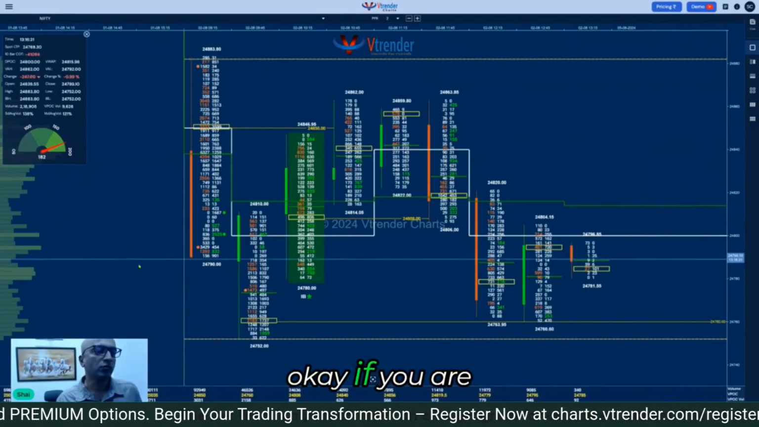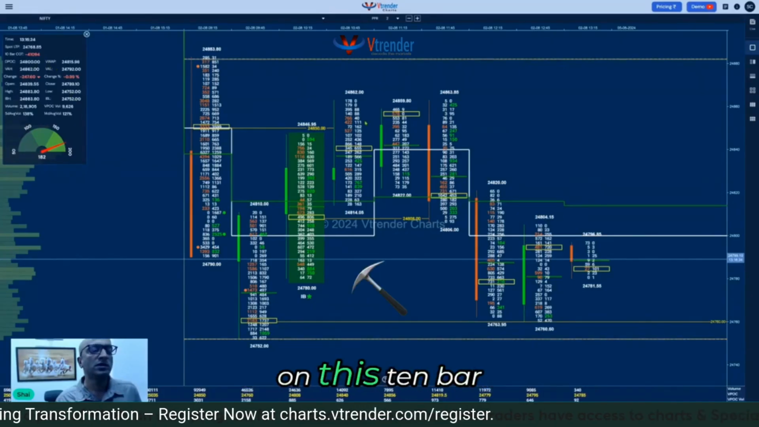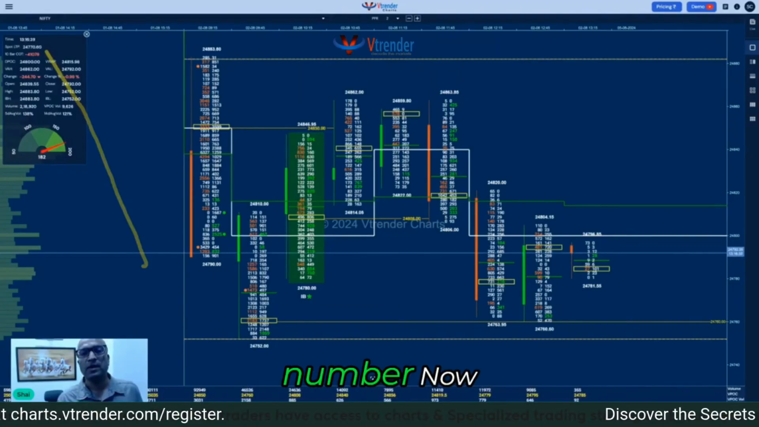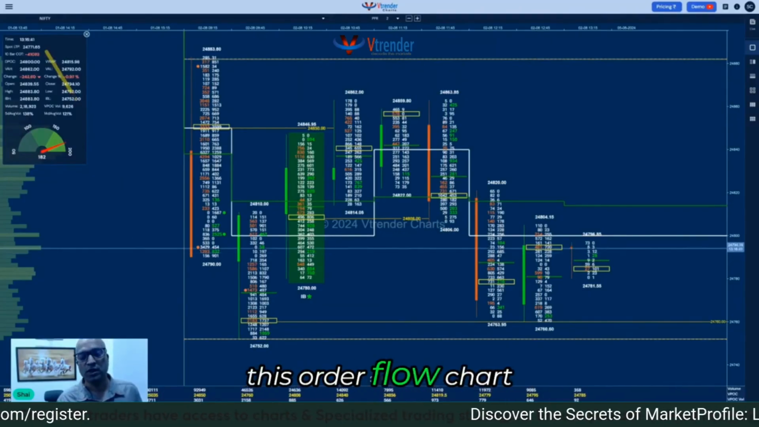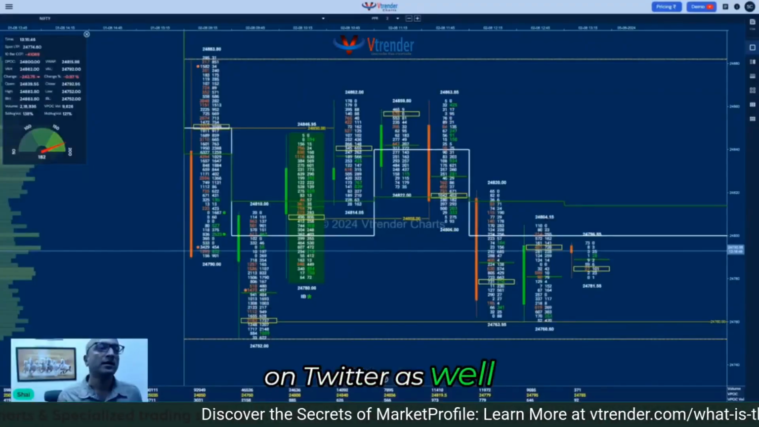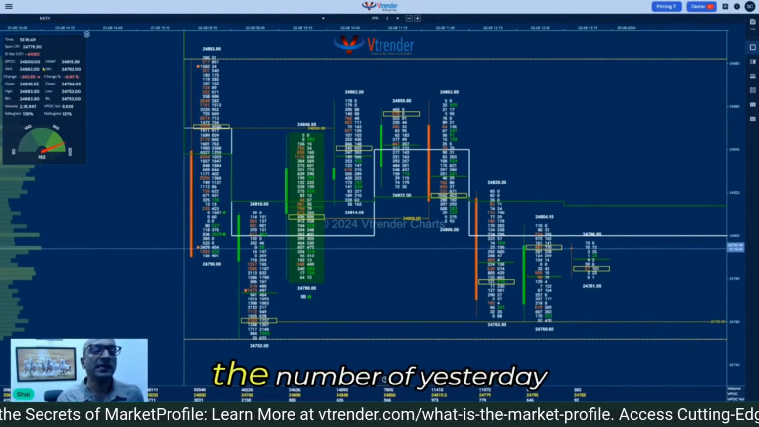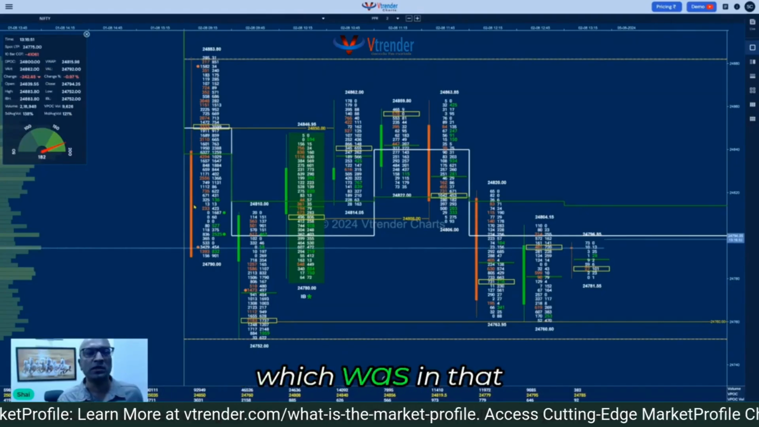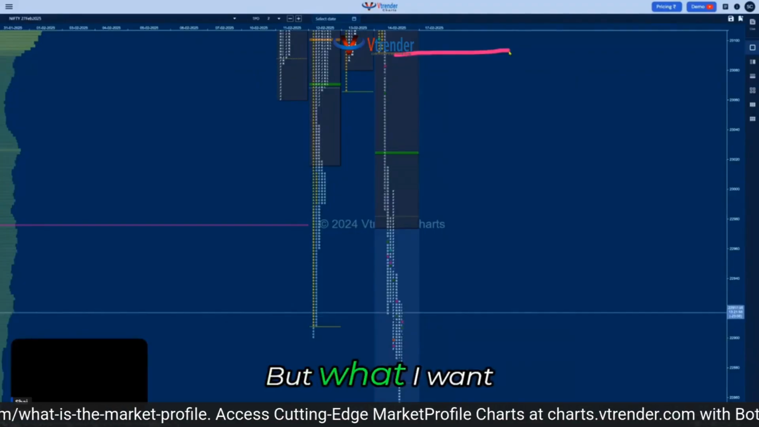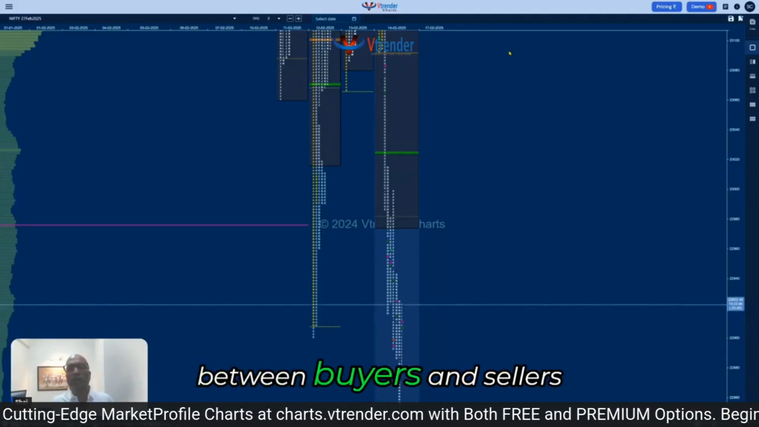And the first thing, if you have this chart open, is you focus on this 10-bar chord, which is around that 40,000 number. Now, for those who saw this order flow chart yesterday, and I posted it on X as well, on Twitter as well, this is consistent with the number of yesterday, which was in that region of about -30, -40,000. But what I want to draw upon over here is the equation between buyers and sellers,